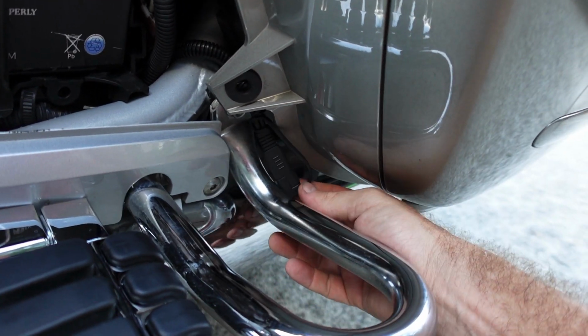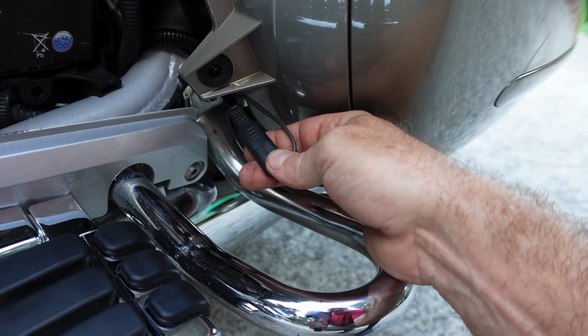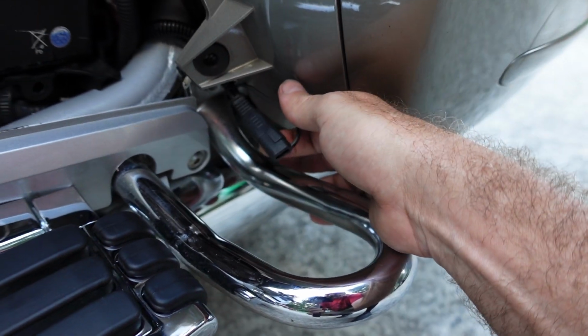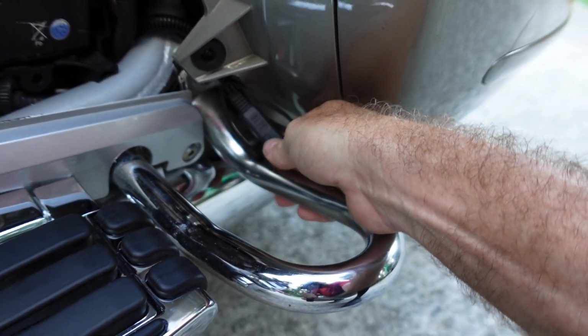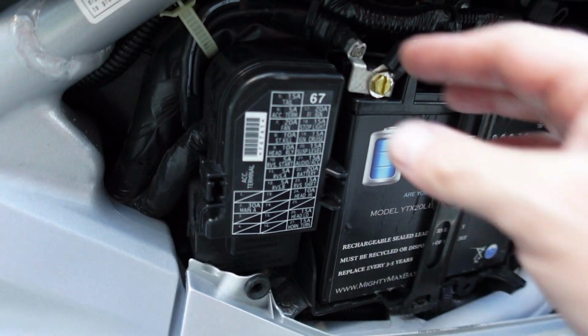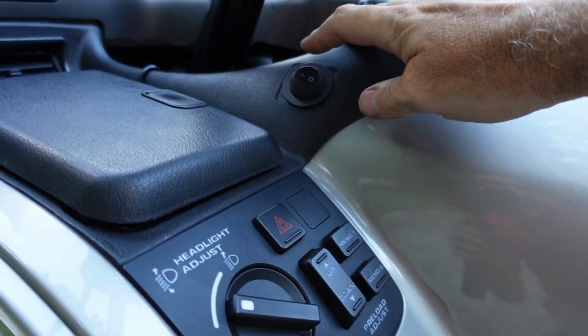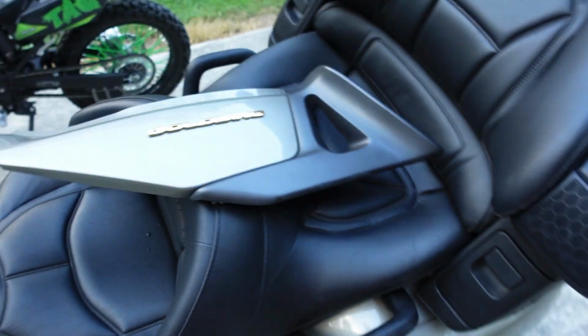Not real happy how that sticks off. I couldn't decide if I wanted to pull that panel off to hook it up to the battery tender or just have this little pigtail sticking out there. But right now I'm going with the little pigtail. So wires hid, it's all wire loomed, and it runs up through here, and it runs to this switch. So also, when Betsy, my girlfriend's riding,